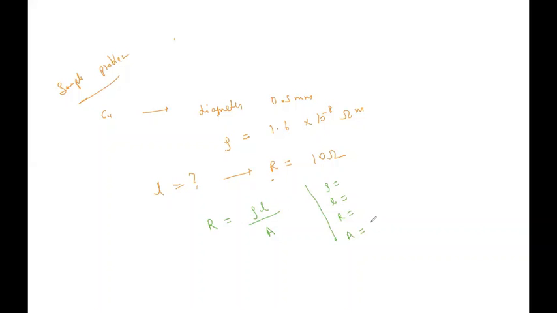Precisely, right. You got the point, right? You have to calculate the area, which is pi d square by 4, and resistance is given, which is 10 ohm. Length you have to calculate. Yeah. So resistivity is equal to, transpose the length that side and resistivity here, so just put it in the formula and you will get the unknown.